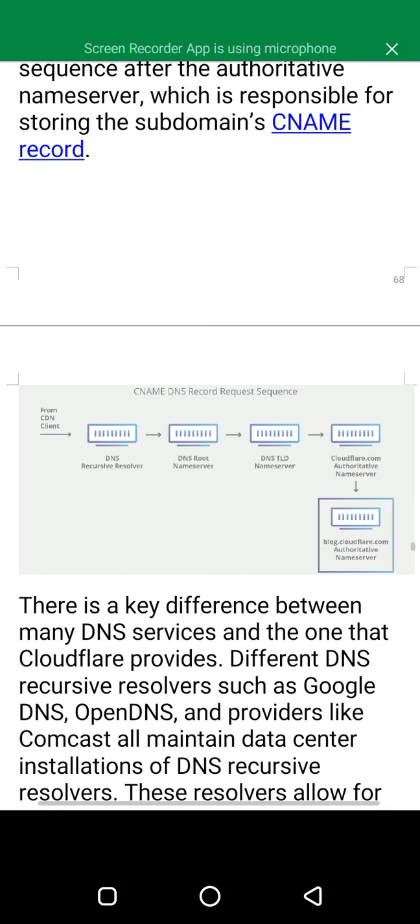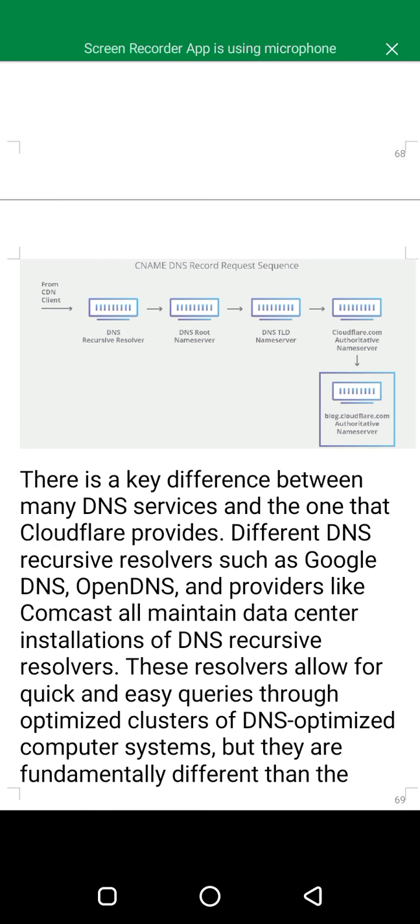The illustration is below. After the authoritative name server, you can see that there is another name server that has been added, though this will belong to a subdomain.